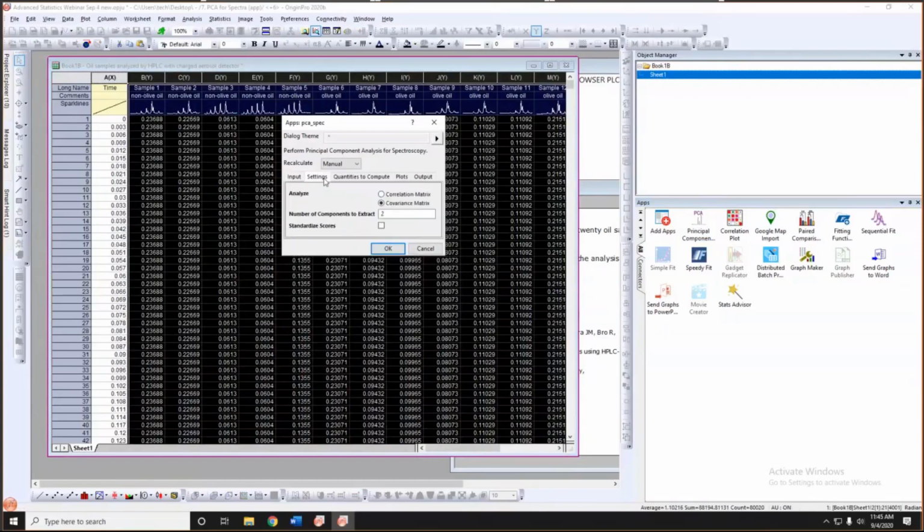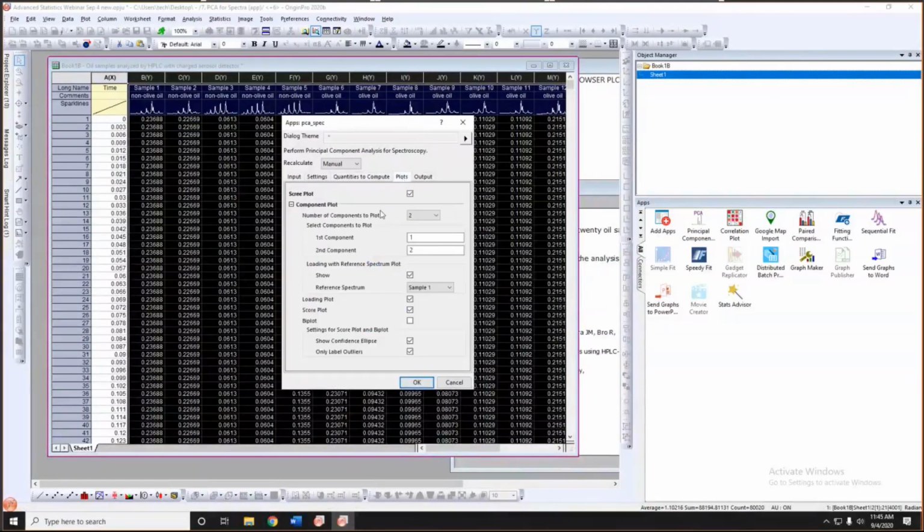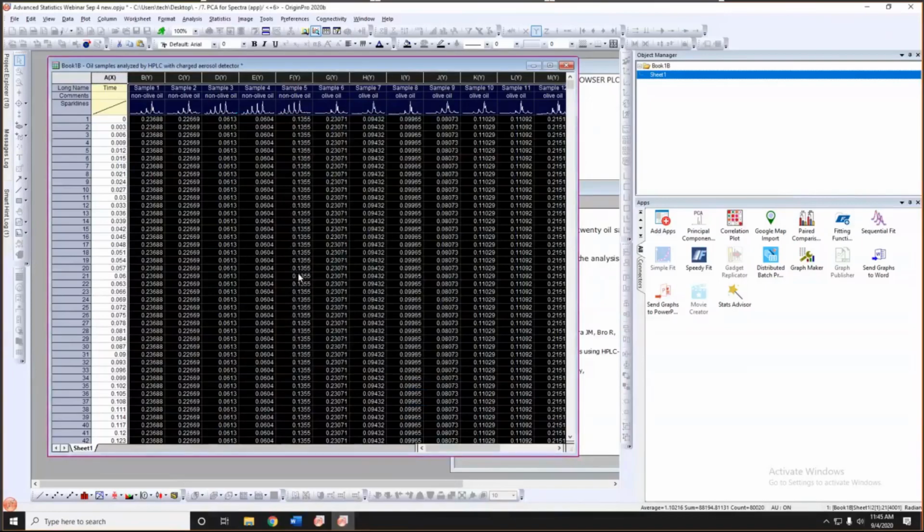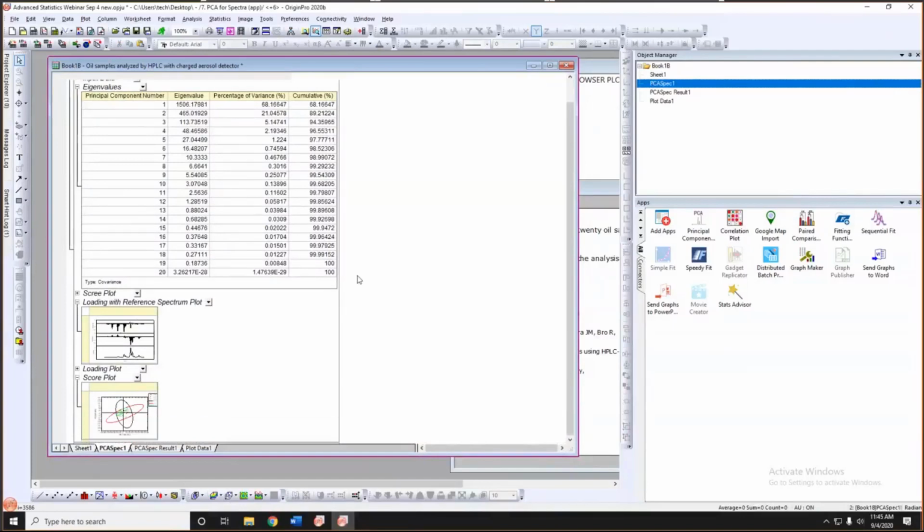So this is very similar to the PCA dialog. Other than that, for the reference spectrum, I will select a different spectrum. Okay, let me click OK. Okay, this gives me this